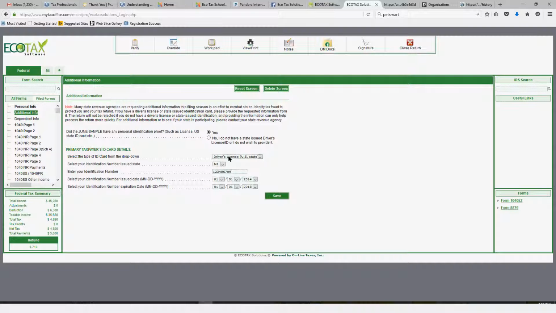So this is basically proof showing that you have received this information from the taxpayer. You can select whether driver's license or state ID. State the identification was issued, identification number, the date the ID was issued, and the expiration date when it will expire. Select Save,